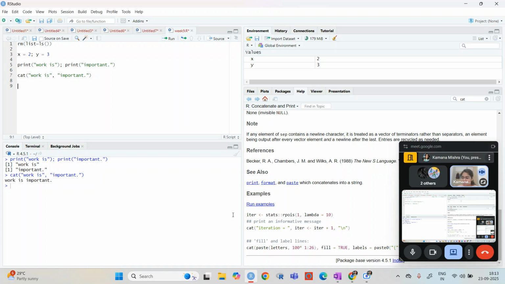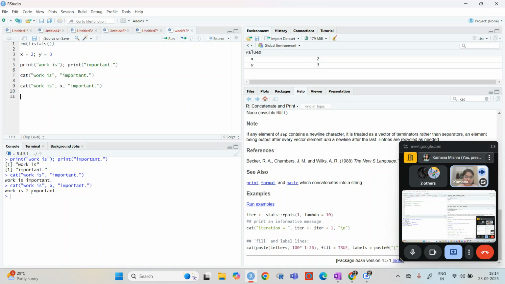So that is one of the uses of the cat function, and another use, let me write that also here. If I want to even include a numeric, or I want to print the value of something, then also I can make use of this here.